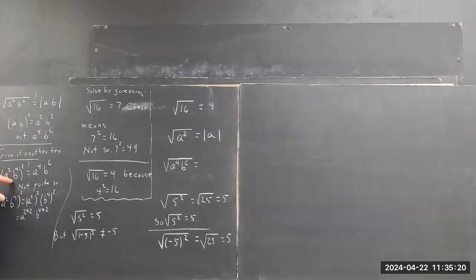Some people got this, some people didn't. That's an example. Now this completed would give you a to the fourth, b to the eighth, right? Well,